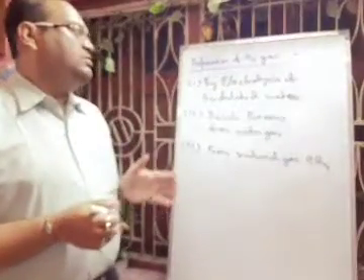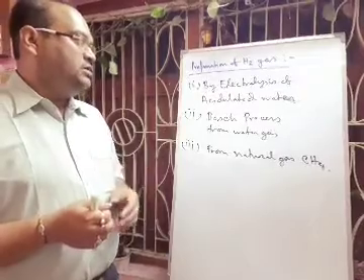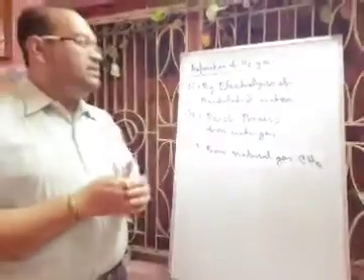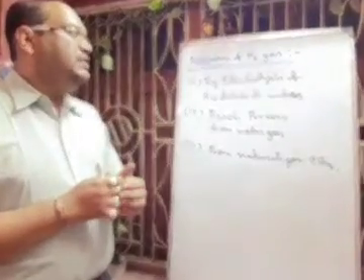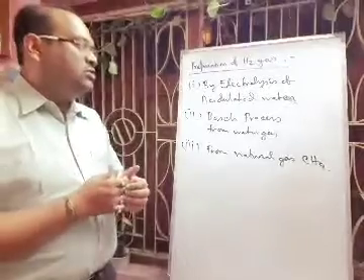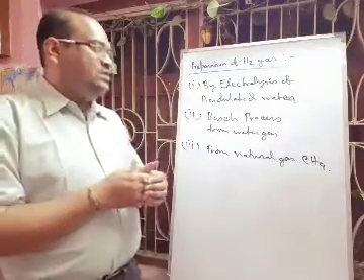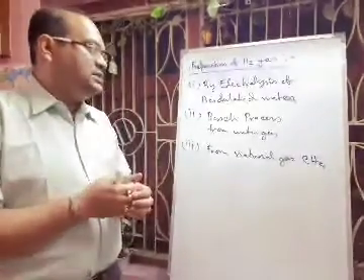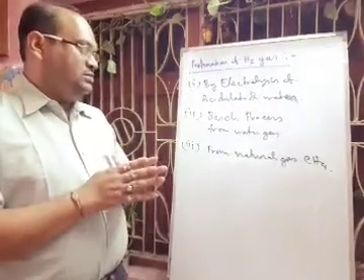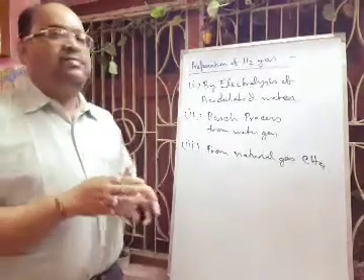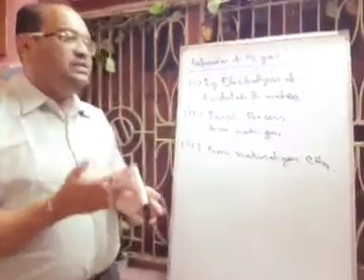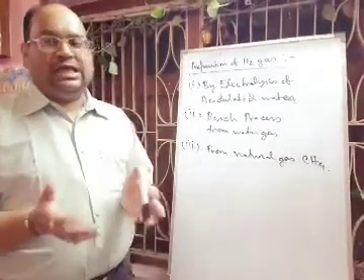So all of you know the electrolysis of acidulated water will produce hydrogen gas. Actually, pure water is a very bad conductor of electricity, and so we have to add some amount of non-volatile acid like dilute sulfuric acid to make it a very good conductor of electricity. Then if we pass electricity, it will produce hydrogen gas at the cathode and oxygen gas at the anode.